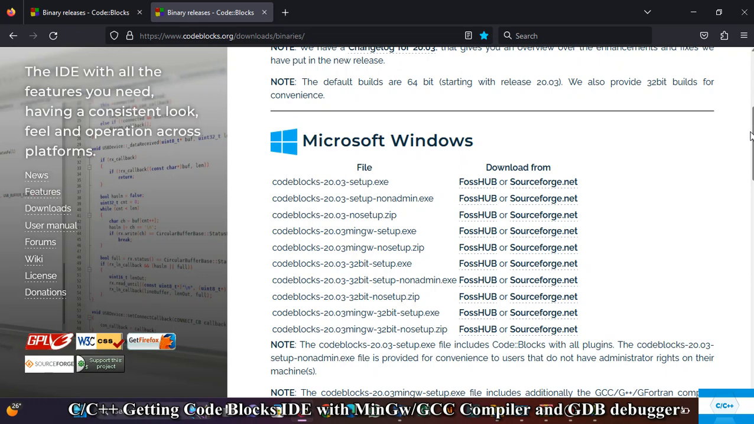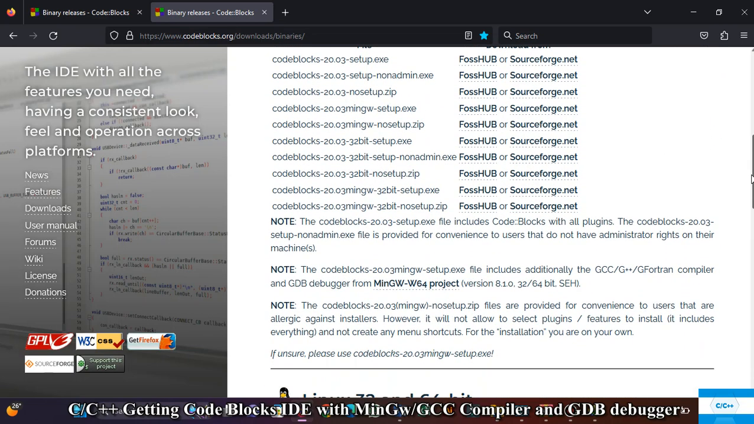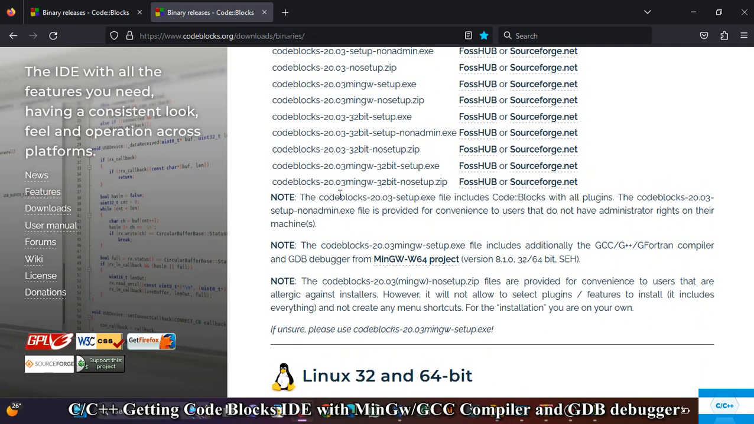So on Windows there are very many setups. There is the first setup here, and there is this one with non-admin. There is this one with MinGW. There is this 32-bit. There is this MinGW. There is this 32-bit. So to me, if you go down and read more, they will say the Code Blocks